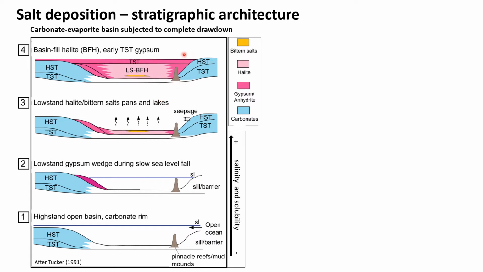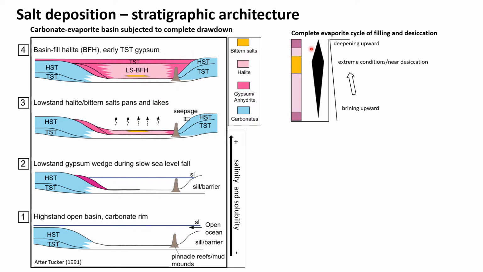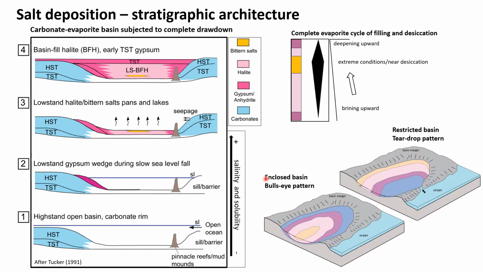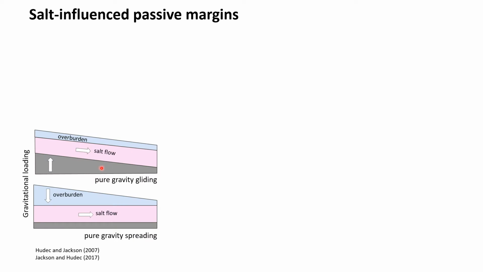Gypsum will be precipitated again in the basin as refloating occurs. This defines a complete evaporite cycle of filling and desiccation of the basin. In plan view, this will look like a bull's-eye pattern for an enclosed basin and a teardrop pattern for a restricted basin. In passive margins, tilting basinwards and differential sedimentary loading on the salt would lead to gravity gliding